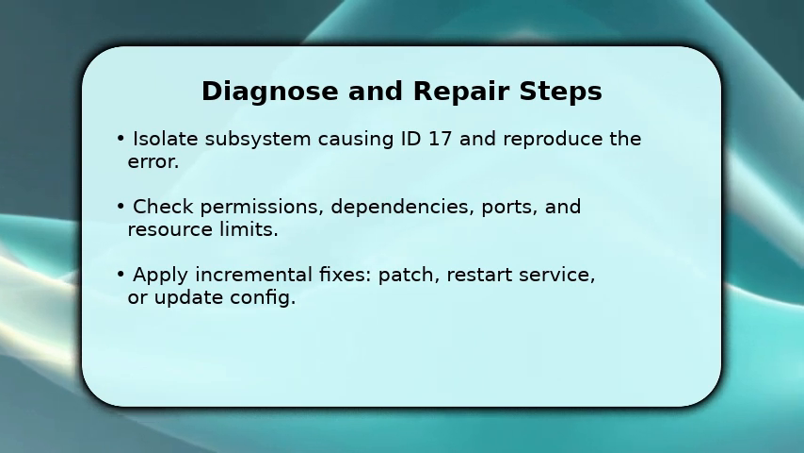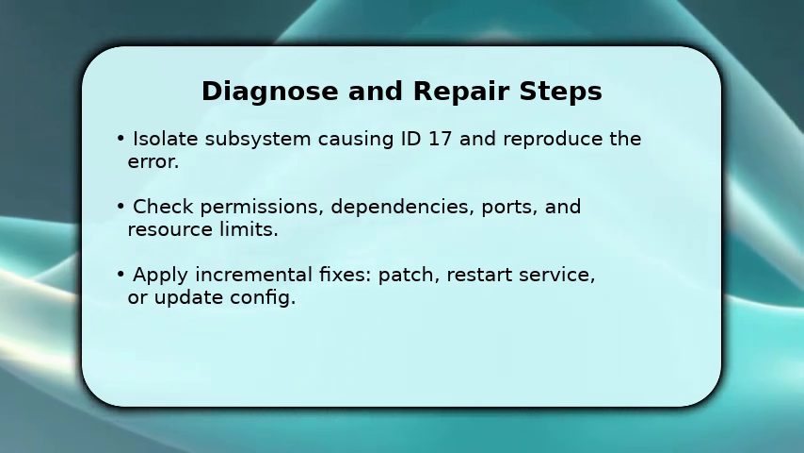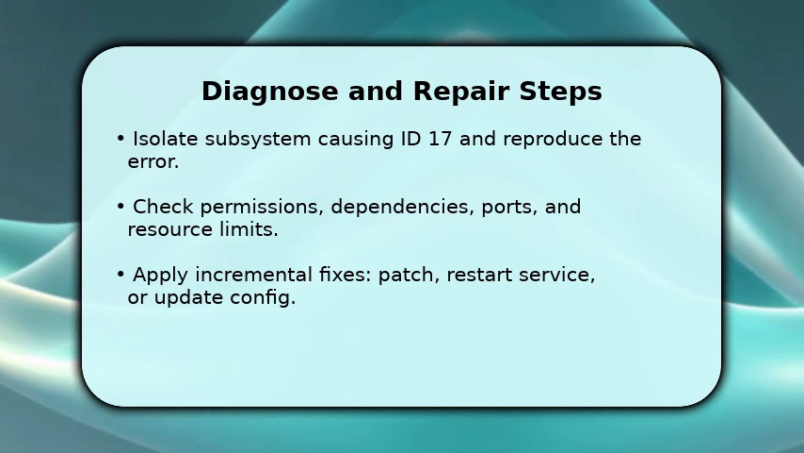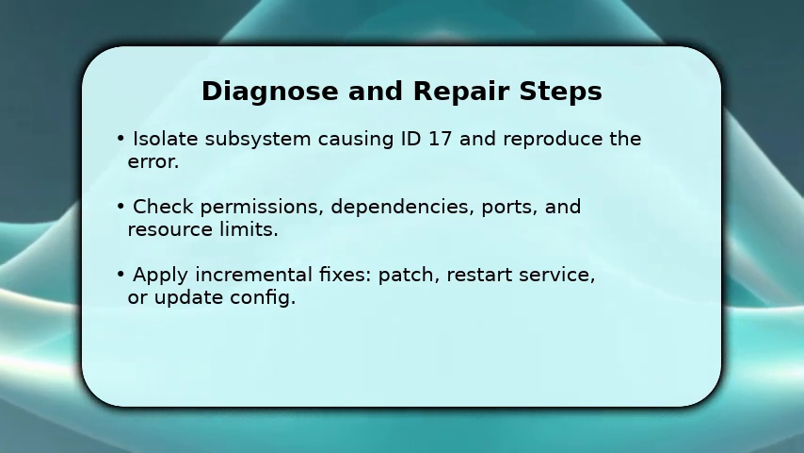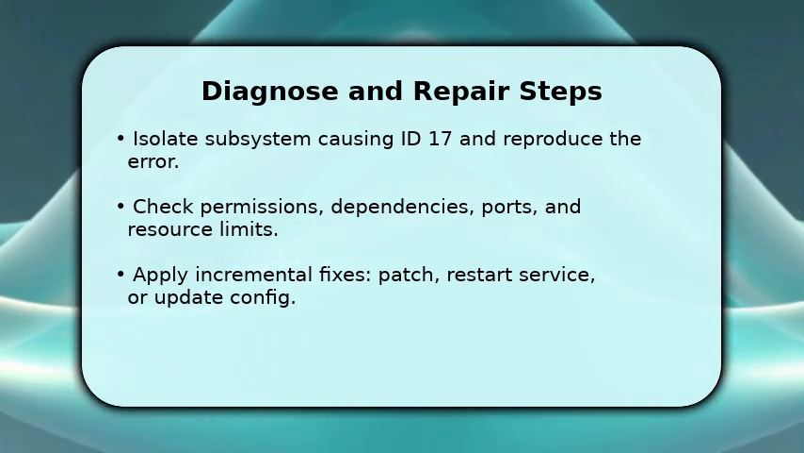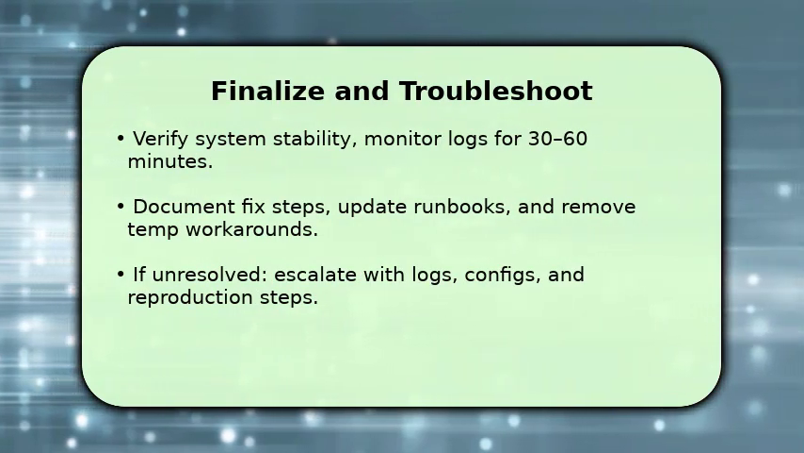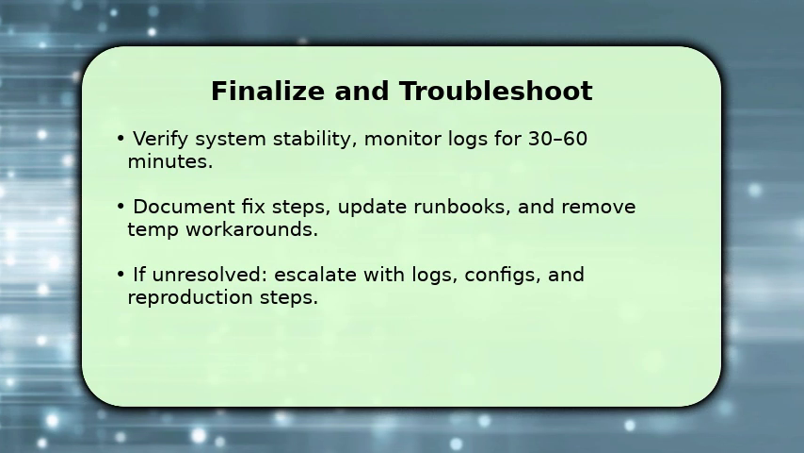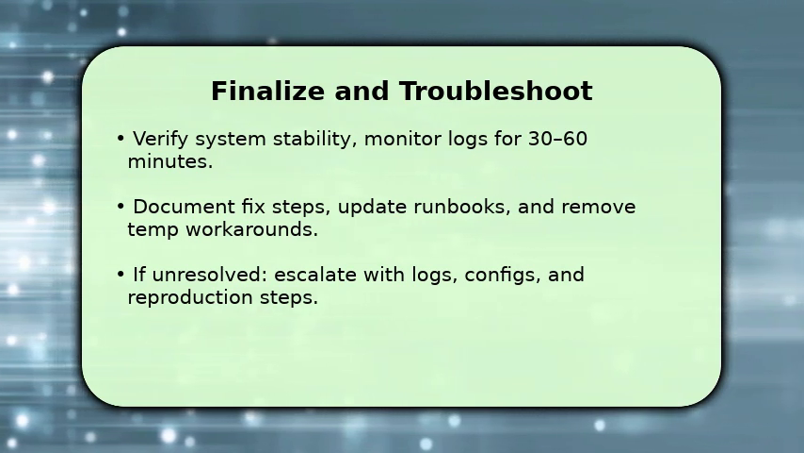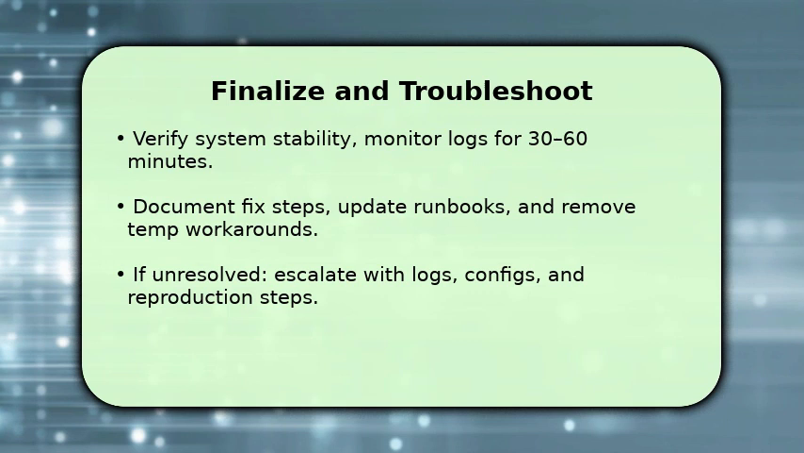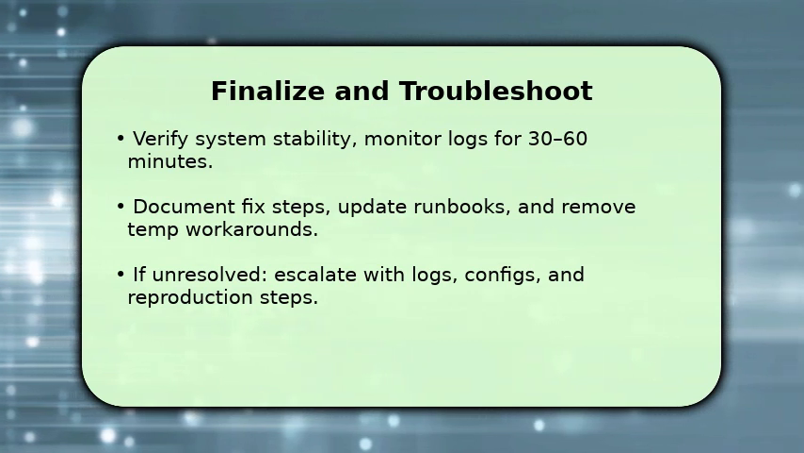If the error persists, roll back the last change and try an alternate cause so you don't compound issues. Finish by confirming stability. Run a full test plan and monitor logs for 30 to 60 minutes to ensure ID 17 no longer appears. Once stable, document the exact changes you made, update runbooks, and remove any temporary workarounds so